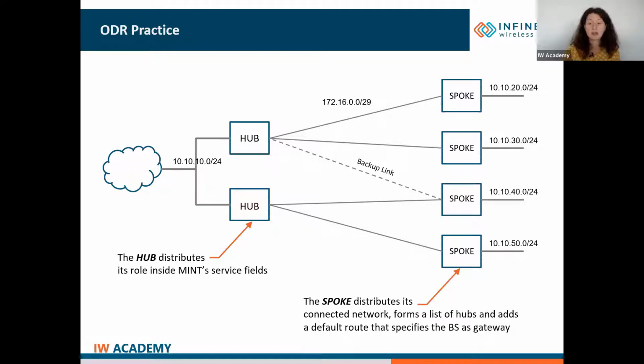When receiving the message, the devices defined as spoke form a list of hubs. Since the star topology assumes that the hub has a connection to the backbone network, the devices having the spoke role can add a default route to the routing table by specifying the hub's address as the gateway. A single Mint area can have multiple devices with the hub role, so each of the spokes can have multiple default routes in their routing table.